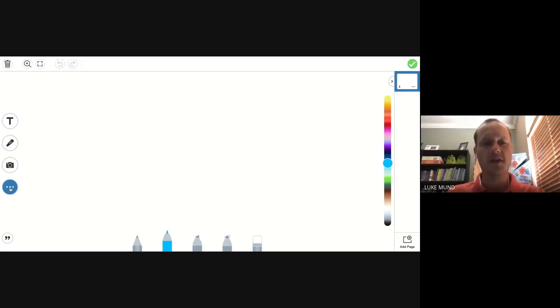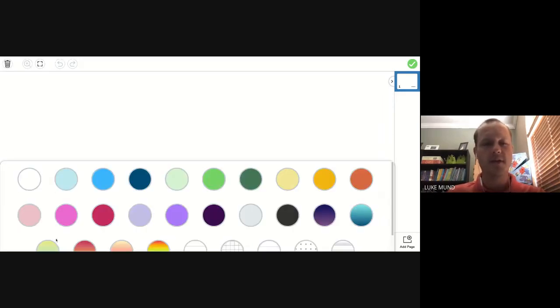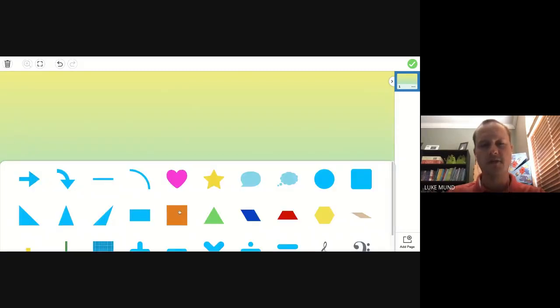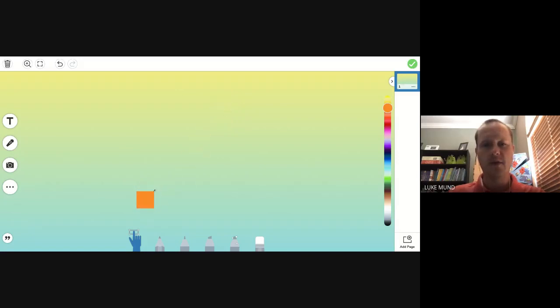I'm going to go slow here, and I'm going to hit things a couple of times. We also have a video on how to do this on our one pager, tinyurl.com/DPS Seesaw. So I'm going to go down to the 3 little dots, and I always like to set a nice background, very visually appealing to our students. So I'm going to start off with this nice background here. And then I like to add in shapes for different workspaces for my students. So I'm going to do a square here, and then I'm going to get it where I want.